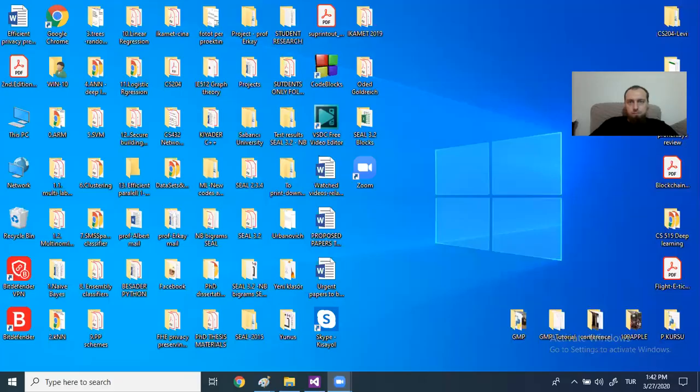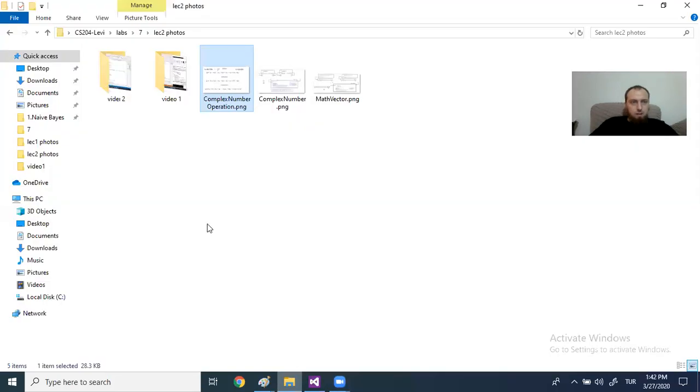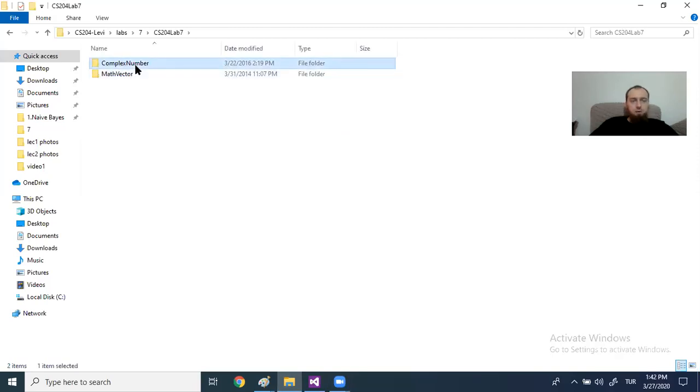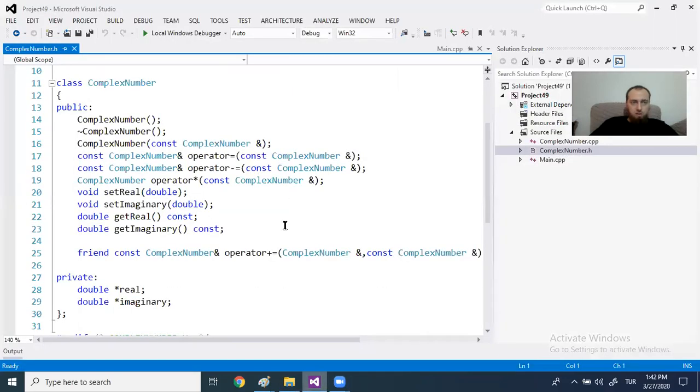Okay, we are here for the second class of the 7th week, and let's start with the second example. Basically, we are going to see now this example, complex numbers. I've already copy-pasted the necessary codes, and we can start. So let me run the code first, and let's see what we do here, or maybe I should explain